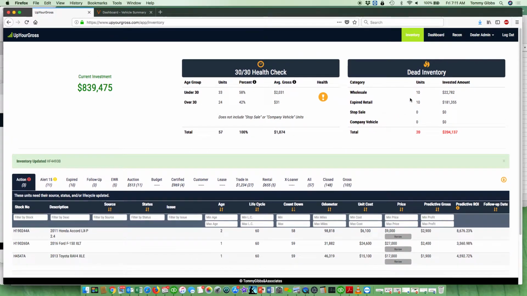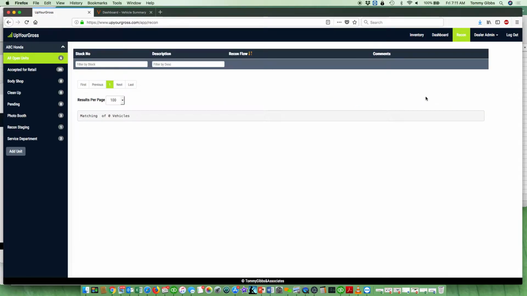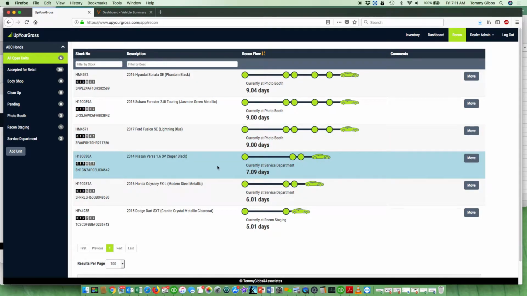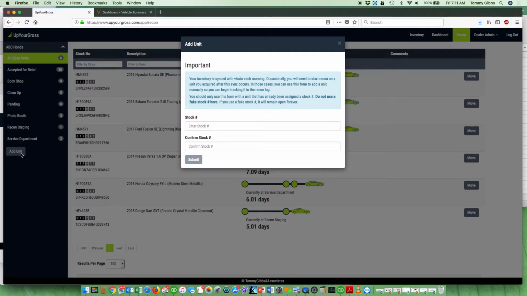And I want to go to the Recon page, and I'm going to come back and I'll show you a couple things that the system now does for you. On the Recon page, that car is sitting in Recon, and this is something we just added for your Recon operation. It says Add Unit. If you click on Add Unit, you can actually add a stock number in. So we ask you to use this on a very limited basis, but from time to time you'll have a